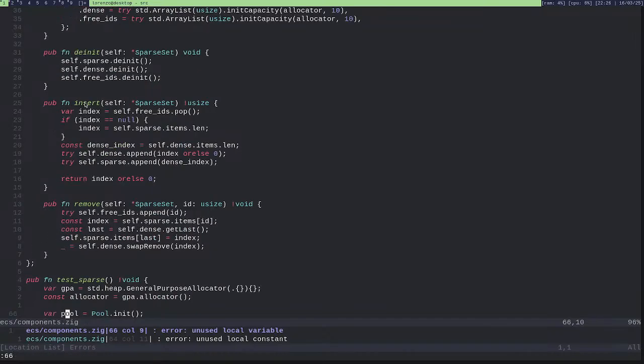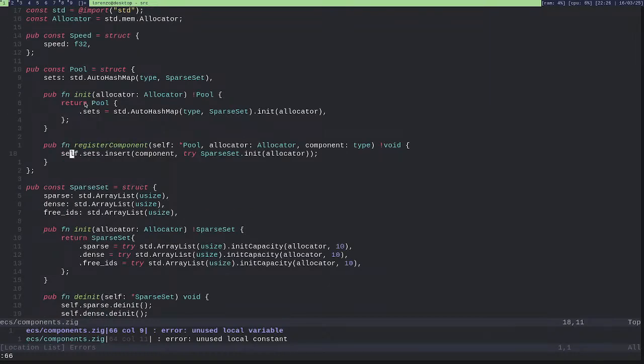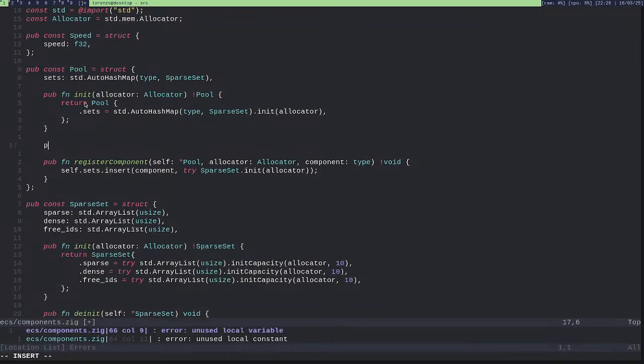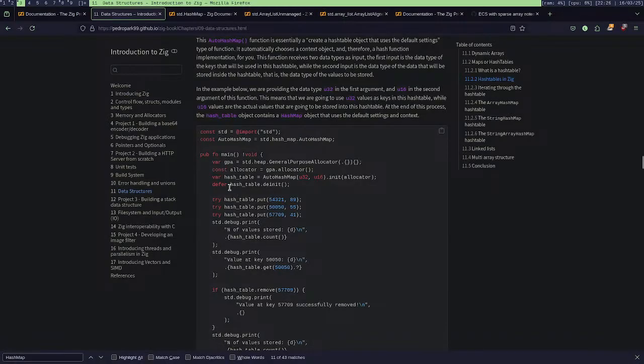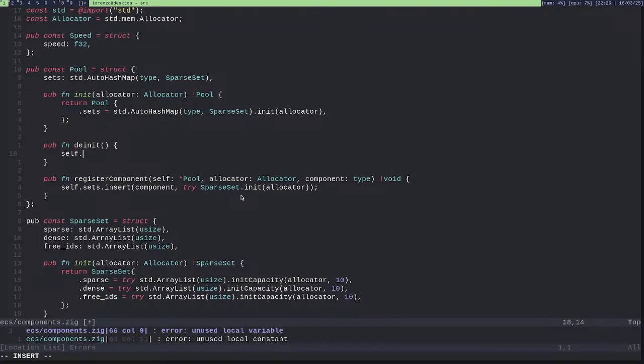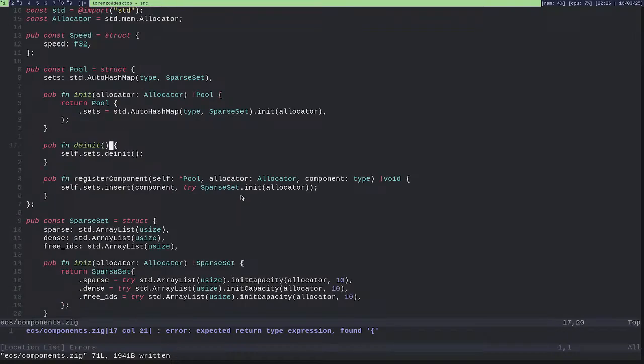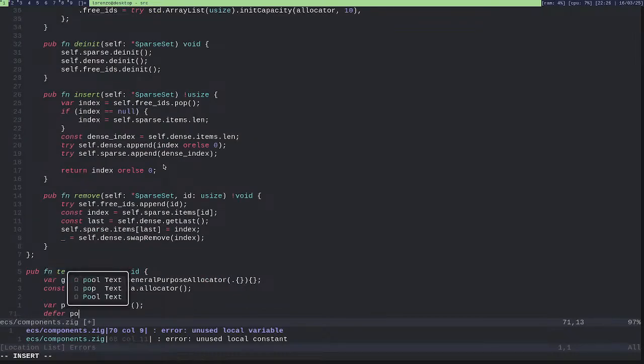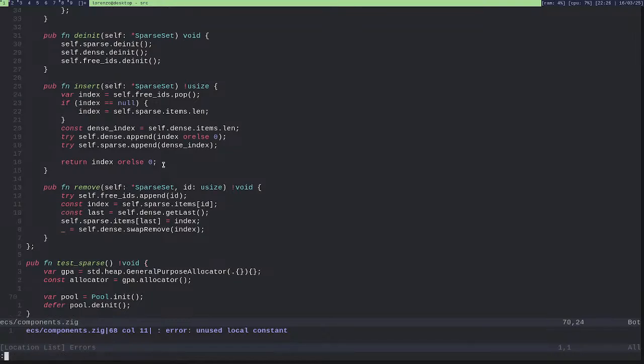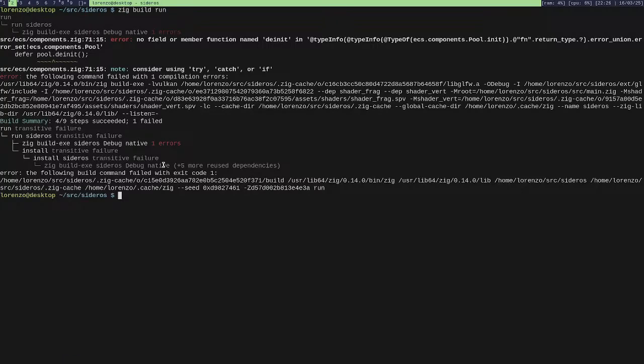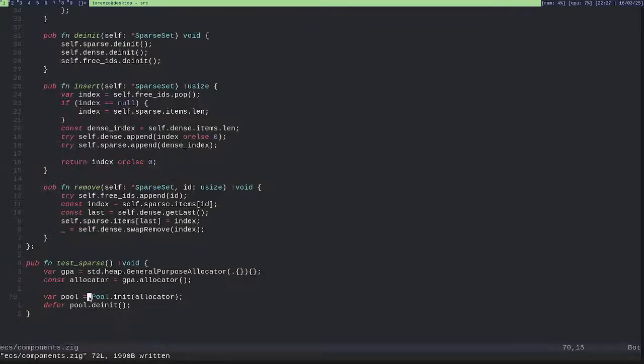Then I should also de-init. Void. And this should be a try.